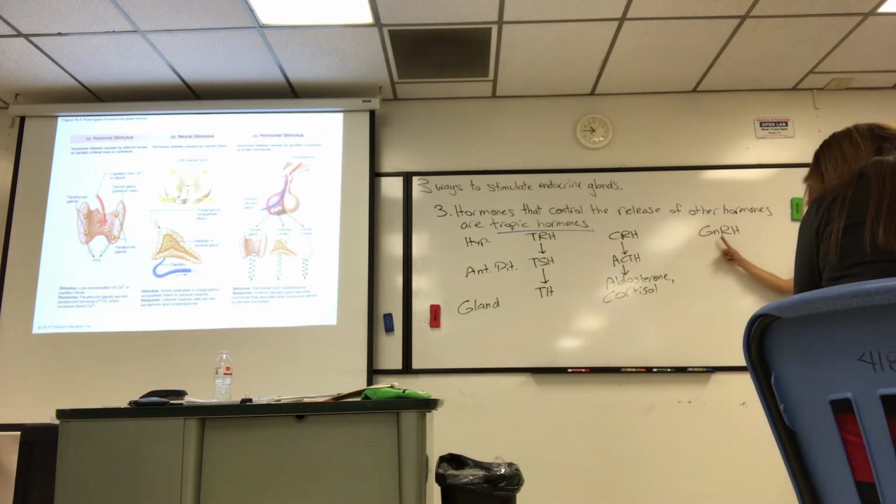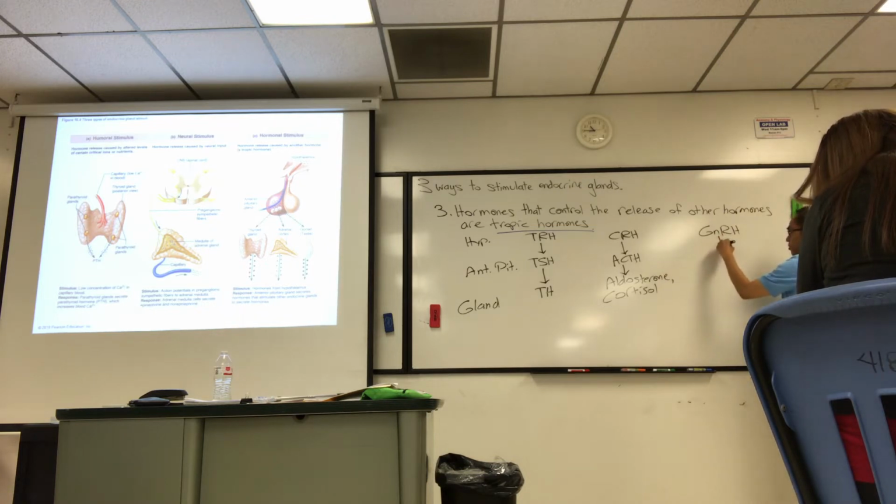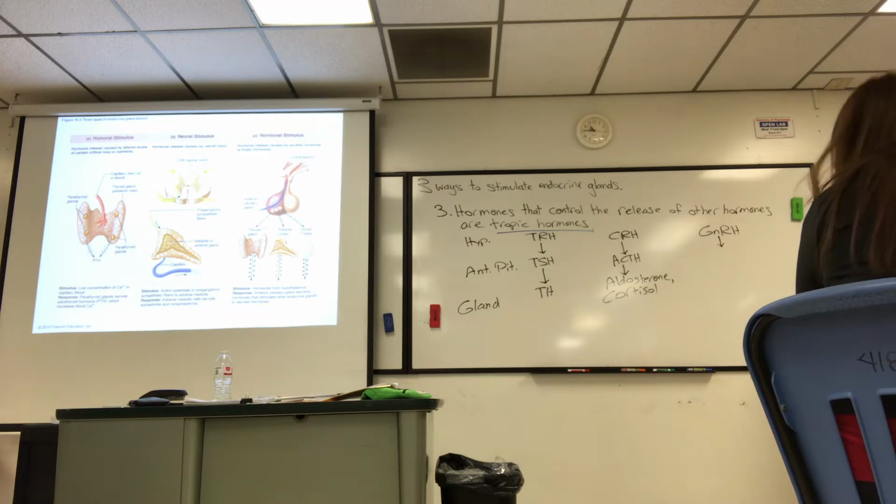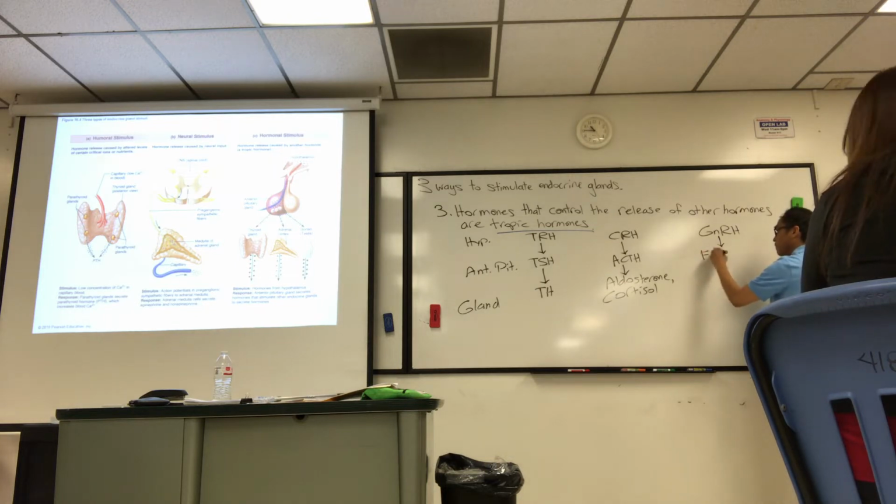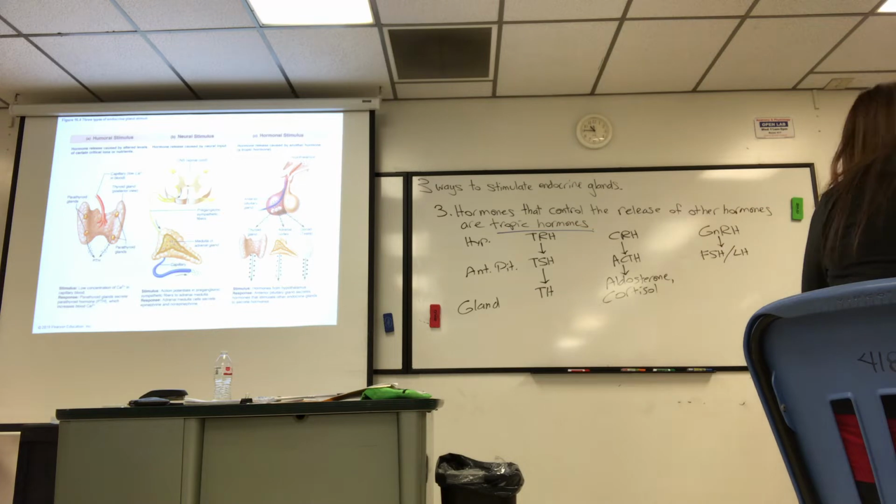GnRH, lowercase n, capital RH, get that right. It's released from the hypothalamus, goes to the anterior pituitary, and from the pituitary you'll get your gonadotropins. They're called FSH, LH. Those are two hormones. They're both called gonadotropins. You know that